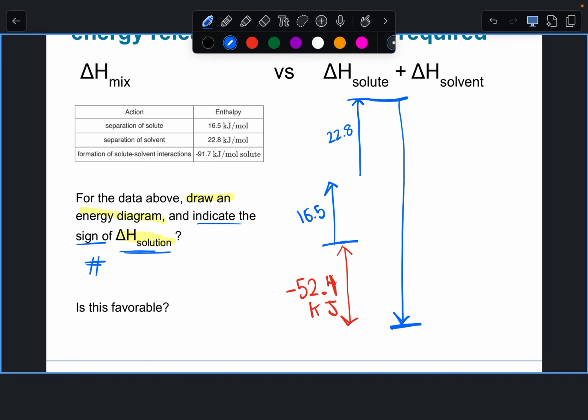Now, it doesn't matter if you confuse step 1 and step 2. It's just breaking apart the solute, breaking apart the solvent. Doesn't matter which order we talk about them in. Typically, for whatever reason, we talk about the solute first, but don't worry if you get those confused. The first 2 steps are the ones that take energy. So altogether, those take 39.3 kilojoules. Because we are always comparing the first 2 together compared to the